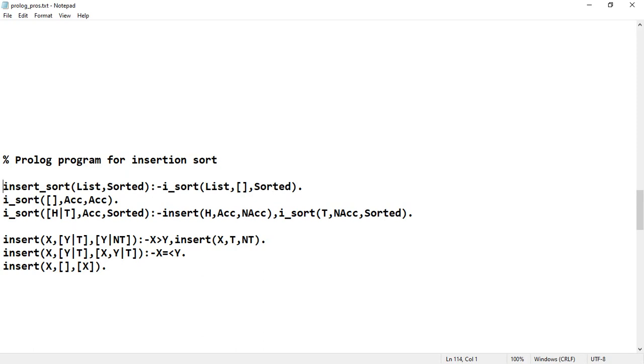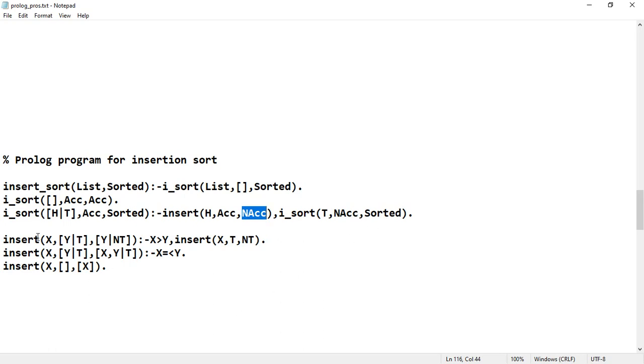Always default conditions should be written first. i_sort of empty, ACC, ACC. i_sort of head and tail, ACC and sorted, then insert of H, which is a variable, ACC, NACC, and i_sort of T, NACC, sorted.